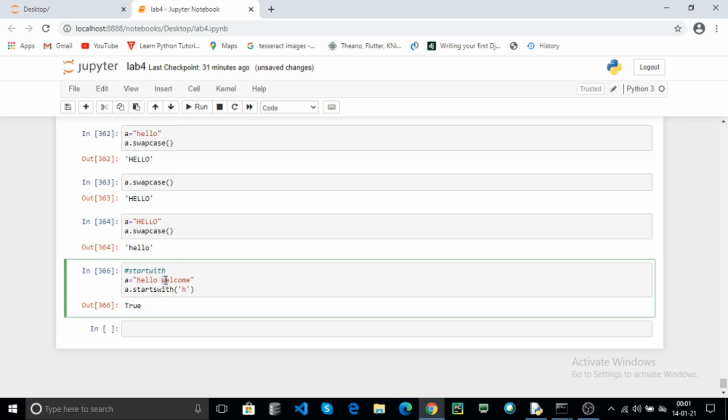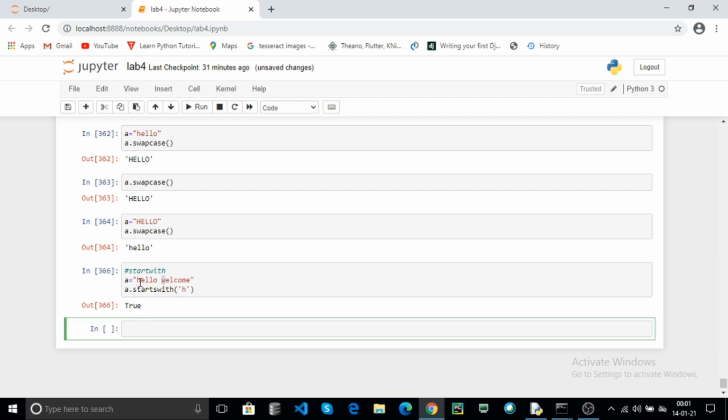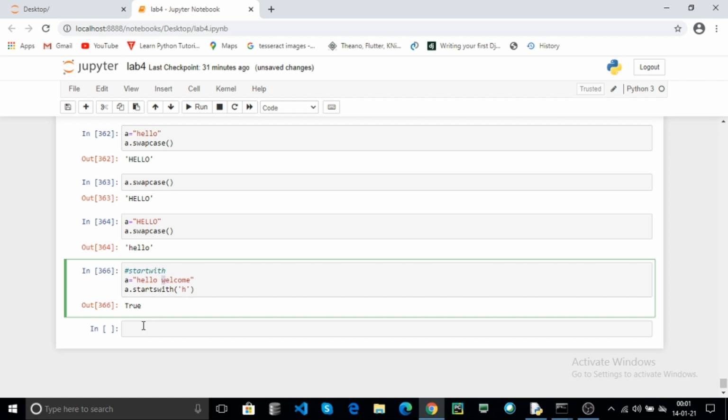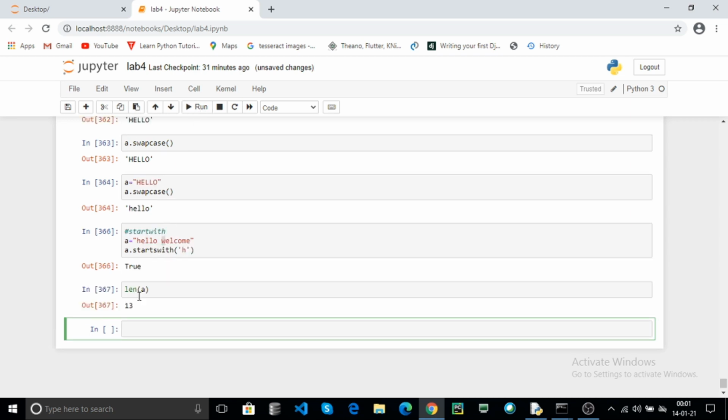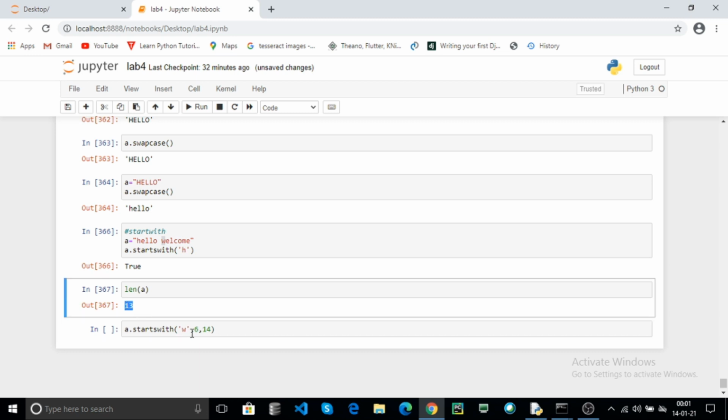For example, check this substring. Here the w index is 6th. First find out the length of your string, which is 13. Use startswith. Here use w from index 6th to the 14th because the length is 13.